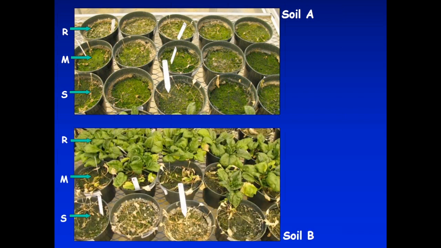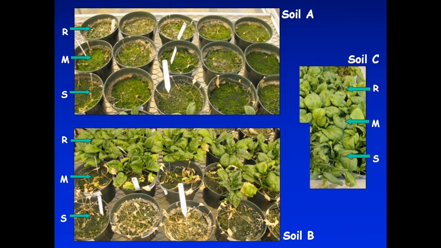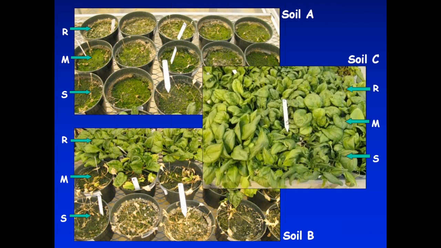This was another field submitted, and you can see moderate risk. So if you were given a contract for a line that had partial resistance, like the top line in the bottom picture, everything grew fine. But if it was very susceptible, everything died. So we now use this to help growers identify the level of risk in their field, which they can then take to the company and ask: how susceptible are these parent lines you're giving me? Can I go back to that field? Is a 10-year rotation enough or not yet?